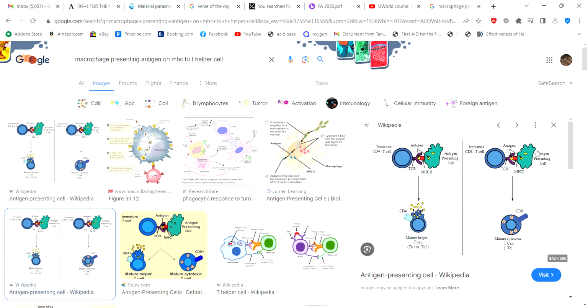So this is an antigen presenting cell, which is a macrophage. This green thing is the macrophage, and it has an area on it. This is the red. I call it MHC, and that's the red part. This MHC is attached to the macrophage, and this antigen, which is Candida in this case, is this yellow thing. Macrophage grabs the Candida by using MHC1, and then the macrophage takes that to the T cell, which is this